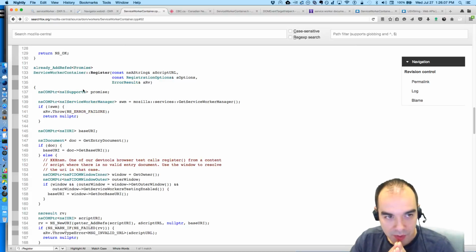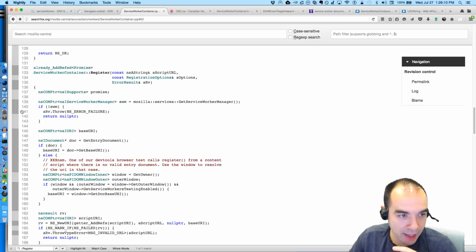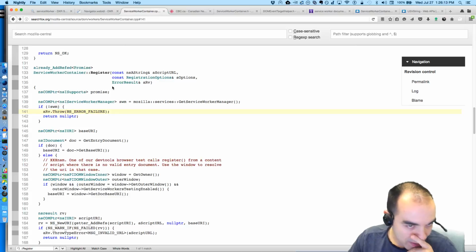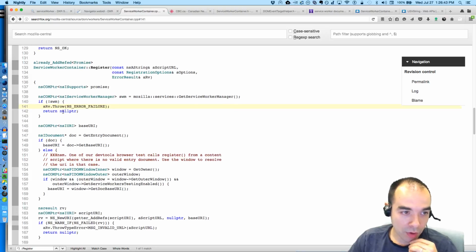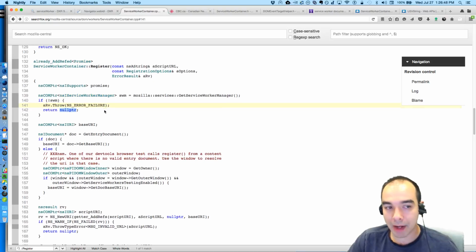What I'm interpreting here is you can call register and pass it some stuff, and sometimes that'll work, but in the worst case scenario, if for some reason we can't get a handle on the service worker manager, maybe you've built Firefox without that component, then when you call register the function will throw immediately. It will not return a promise that you can check for resolving or rejecting. It will throw immediately. That's interesting. And we return null. That's how I know it's not going to reject a promise. We're returning the null pointer. We don't even hand back a promise.